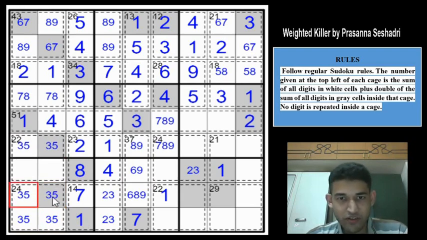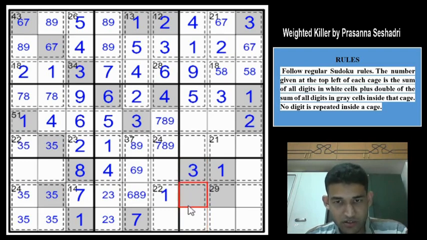Okay, so we have restricted 3, 5 in these 2 rows in box 7 and 3 in these 2 rows in box 8, which means 3 cannot be in any of these 6 cells. So 3 has to be here in column 7. So 3 would go here and 2 has to go into these 2 cells. And we have a 2 in these 2 cells and 2 in these 2 cells, which means 2 has to go in these 2 cells in box 7, but 2 is here, so this will be a 2.